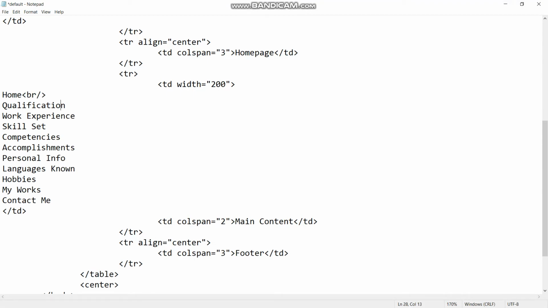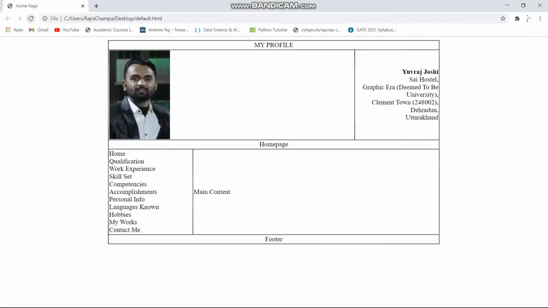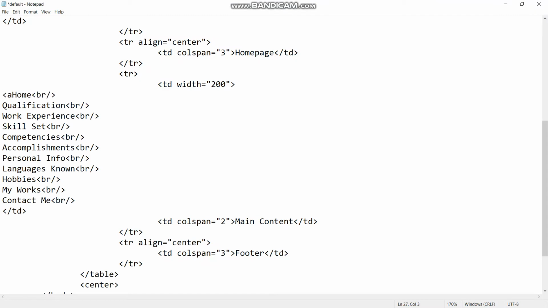I will use break tag to keep them all in different lines. Now file, save, refresh, go to browser. Yes, now it looks good, but I know I need more space.